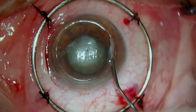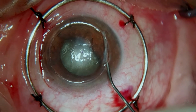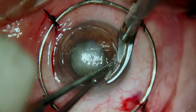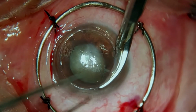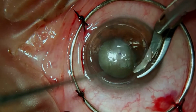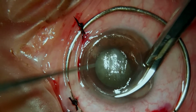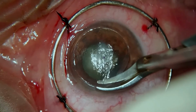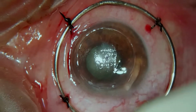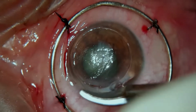We open up the trephination wound with a diamond keratome, and then we fill the AC with dispersive viscoelastic. We then proceed to cut the trephination groove with scissors to the left. We continued this for the whole peritomy of 360 degrees. It's important to be careful when doing this, because the architecture of the trephination site will dictate an important part of your astigmatism. So